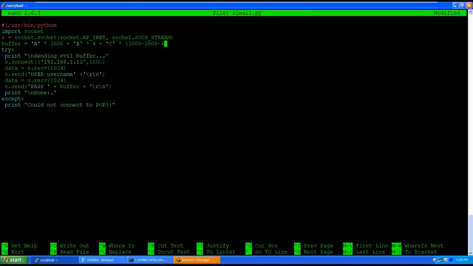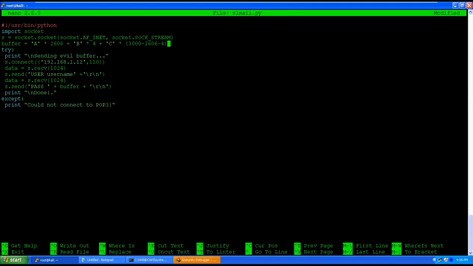Okay, and close the bracket. So now we should see 2606 A's, and then EIP being overwritten by 42, 42, 42, 42, which is the hex value of B,